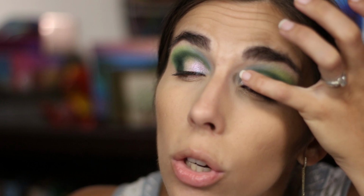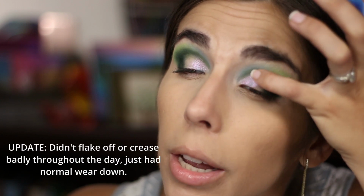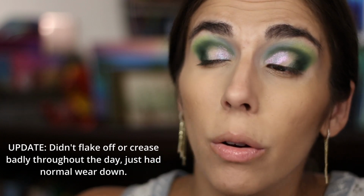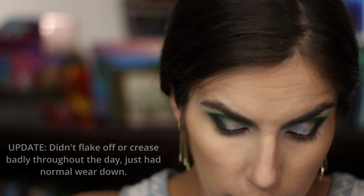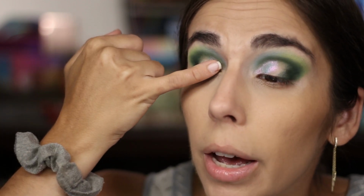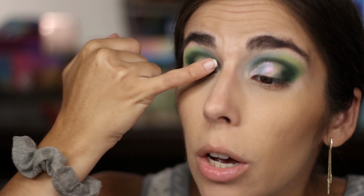And see if that, yeah, that shows up a lot more smooth. Looking a touch textured, or like it could be textured. Well, I'm curious to see how this wears throughout the day. But your finger, I mean, look at that. Finger, no finger brush. Yeah, it's just not the easiest, at least this shade is not the easiest to pick up with just a flat brush. Oh, I can use